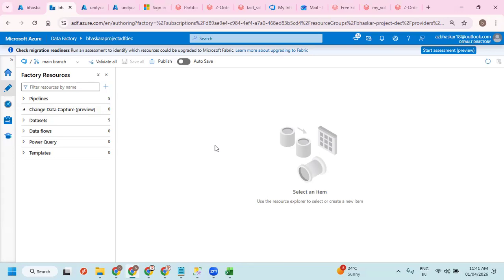Yes, sir. In my case, I did not come across it. We used to have a date column. If you have a date column, only then can we do incremental loading. If not, we have to check other options like checksum or a hash key.